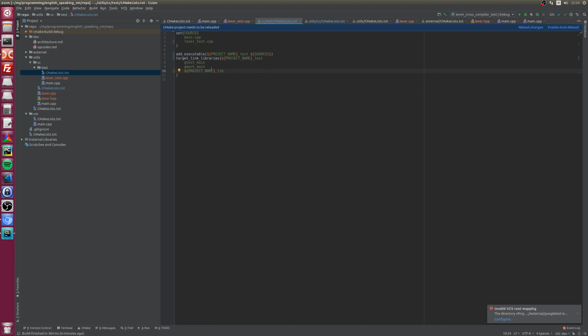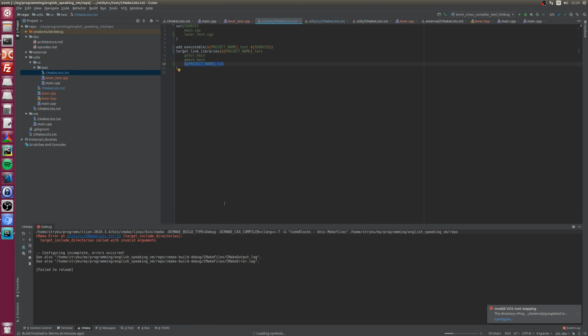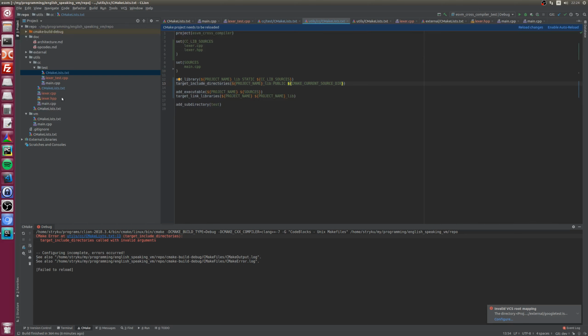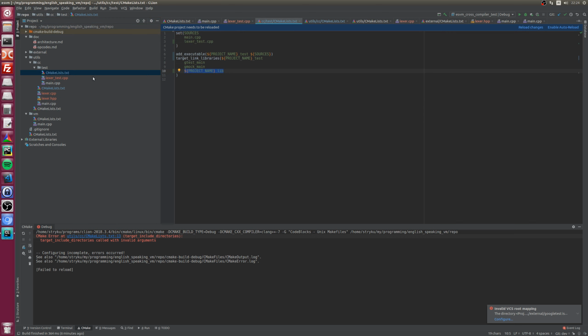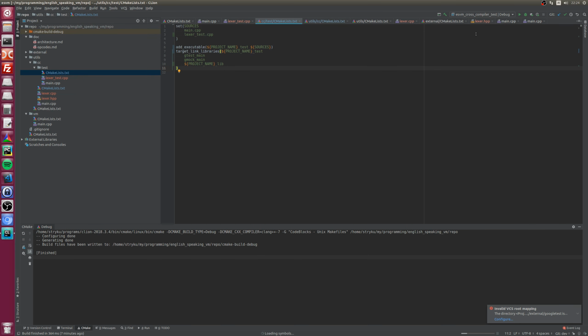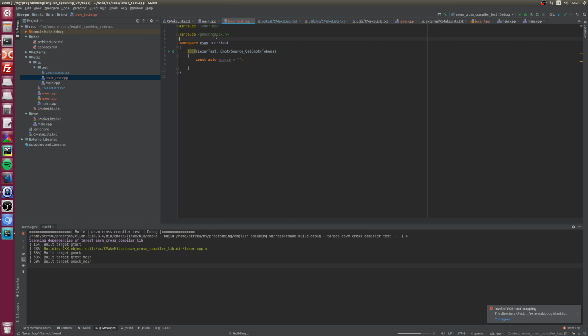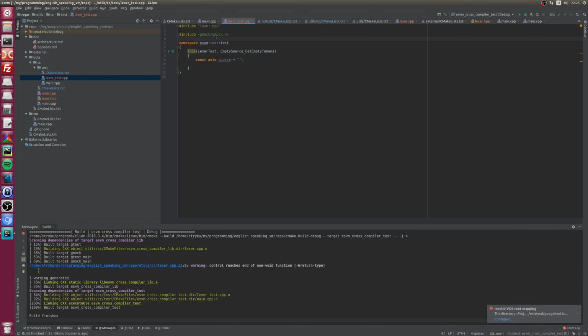Next to that, when we link in our tests to that library, I think we should also target, but yeah, public. I think we should also have this include directories here, so that in the test we should be able to just include the Elixir HPP. It does not work now, but yeah, it works. Cool.